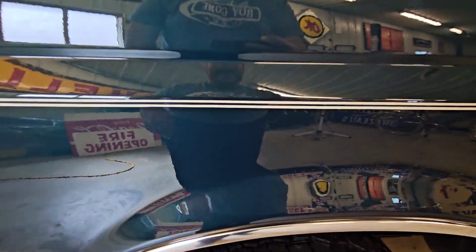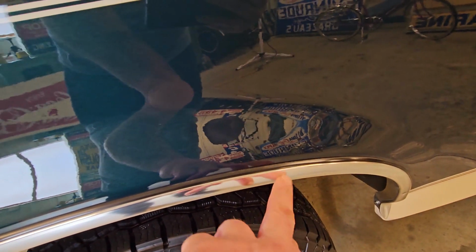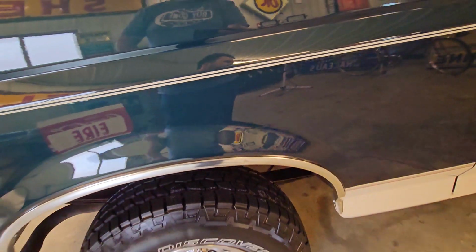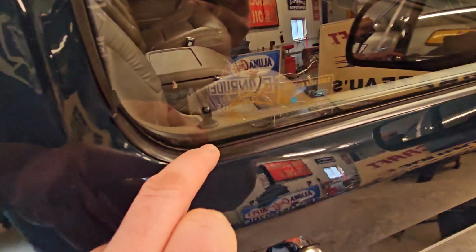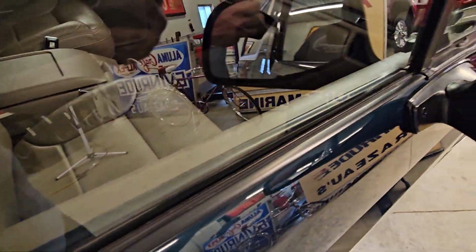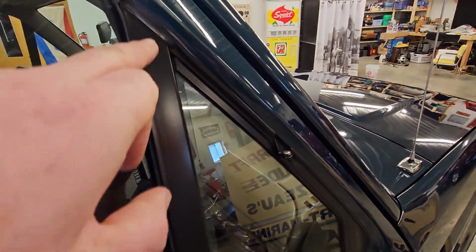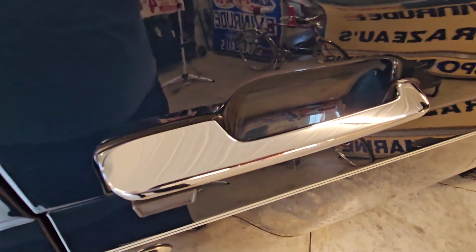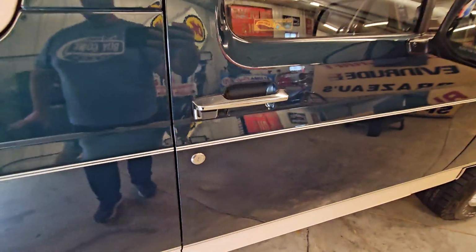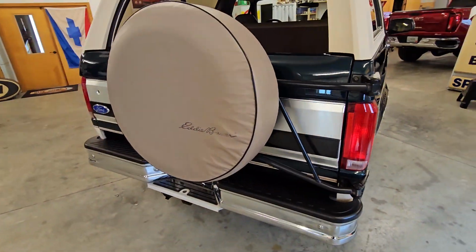Something else worth noting on this truck is how nice all the rubber is. You do have one ding, it looks like, on every piece of trim. So that's something, just to mention. But again, going back to the rubber, further proof that this truck has spent its life indoors. You look at how nice and dark all the trim is, how nice and dark the mirrors are. Even look at the chrome on the door handles. Just spectacular. My goodness, if you can't sense my excitement,